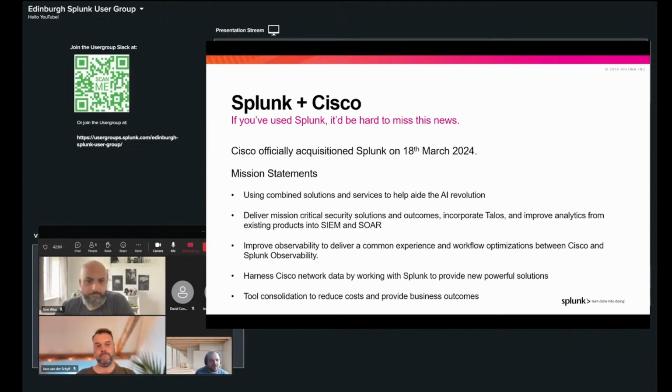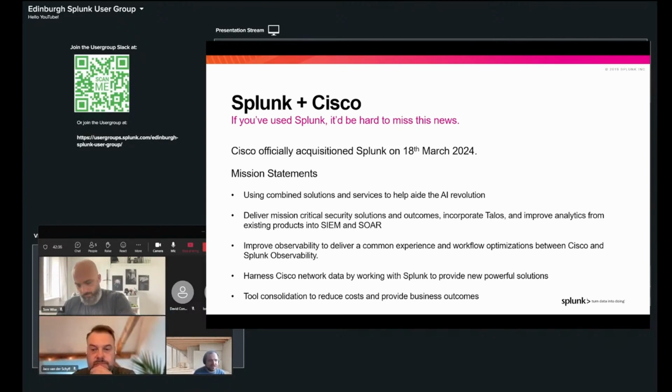They have put out a list of statements that they would like the acquisition of Splunk to complement Cisco. I've tried to reduce them down to the bare essentials. Pretty much using both Splunk and Cisco's technology to help aid the AI revolution.